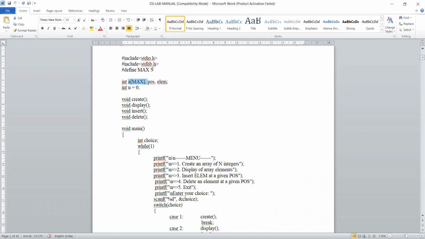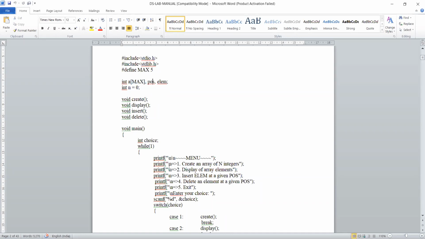You can increase the size of the array by changing the MAX value. You can change it to 10 or whatever is the required size, or you can directly give the integer value, as we have discussed about declaration and definition of array in the theory part. In this program, we are defining size as 5 and an integer array of size 5.